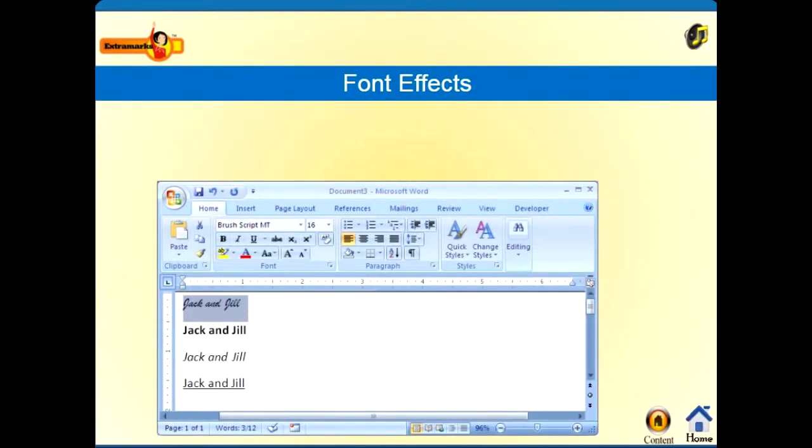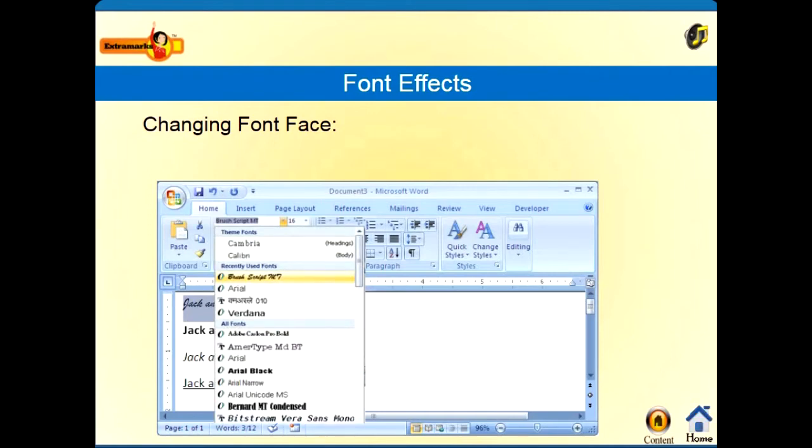Font effects. Now this is how you want your font to appear. For that we use font effects. The first one is you want to change the font face.